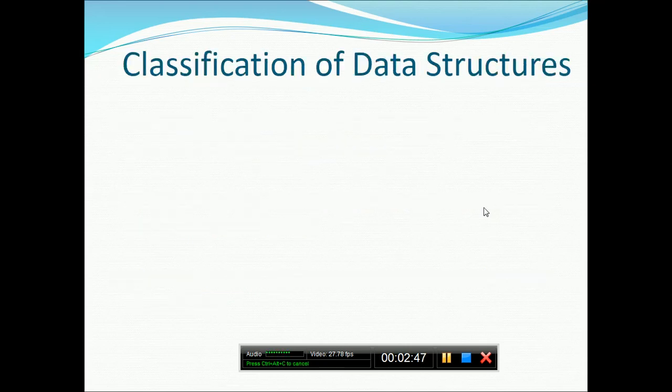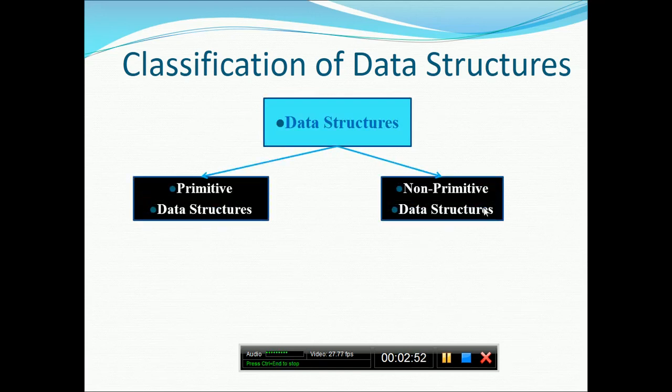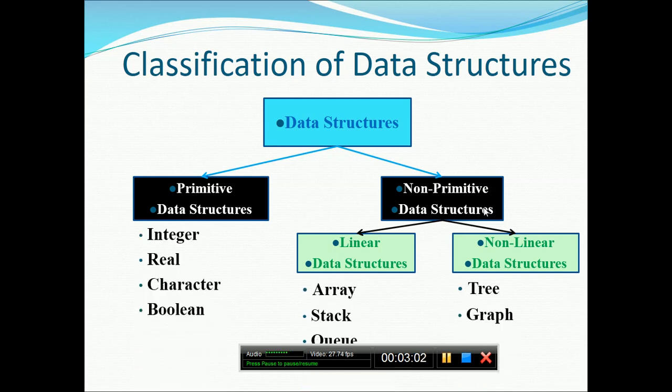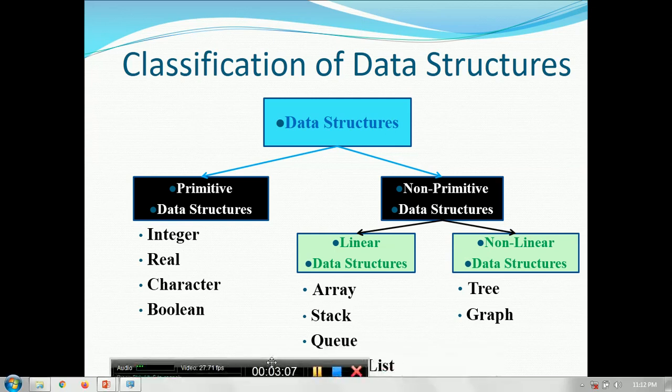Now we'll go with the broader classification of the data structure. Basically the data structure is divided into two parts. One is called a primitive data structure, the second is called a non-primitive data structure. As the name suggests, primitive are basically meant to store a single data, a single value.